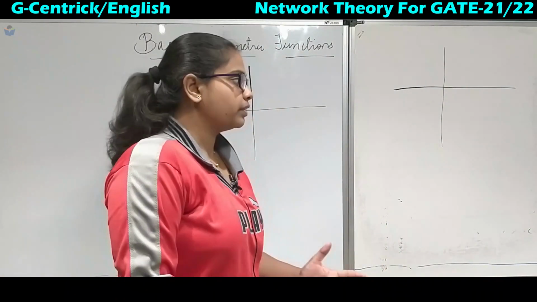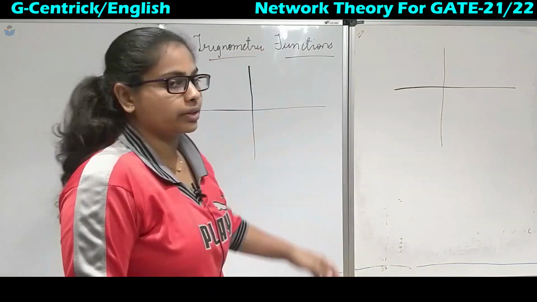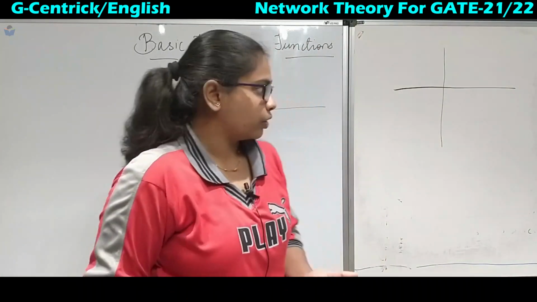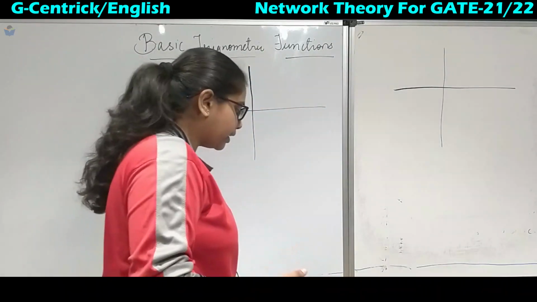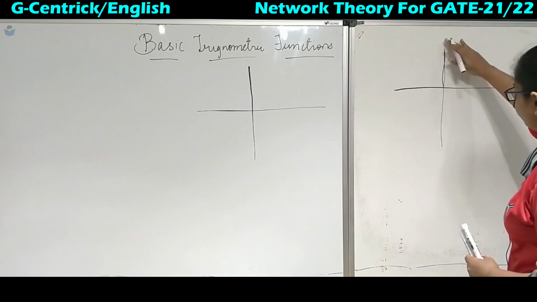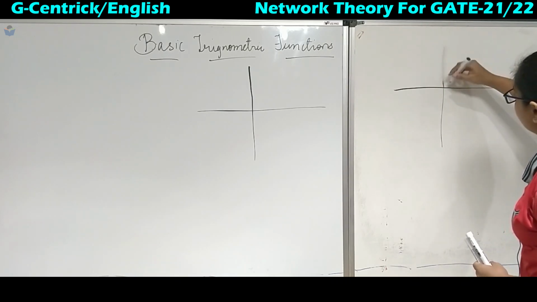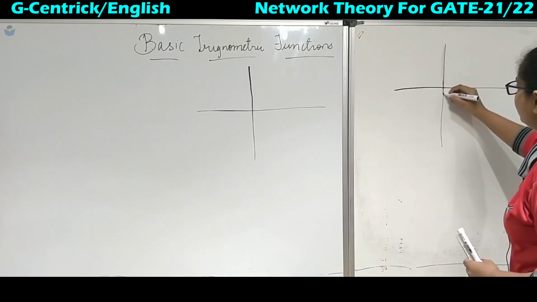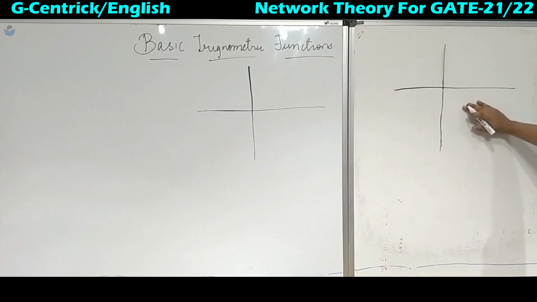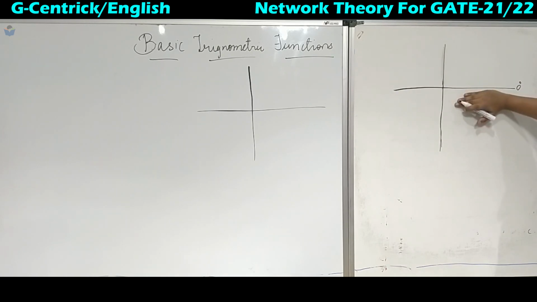So in this lecture we will see some of the basic trigonometric functions which are very helpful in network theory. Okay, so now you have seen the Cartesian plane. This is the Cartesian plane, having y-axis and x-axis. Okay, so now first we will represent this positive x-axis as 0